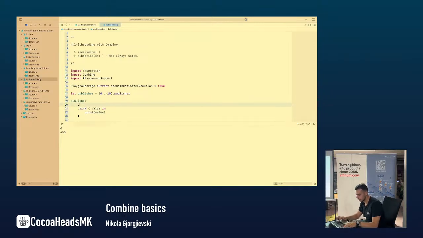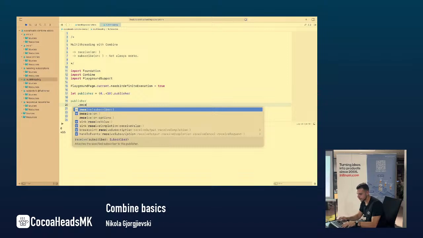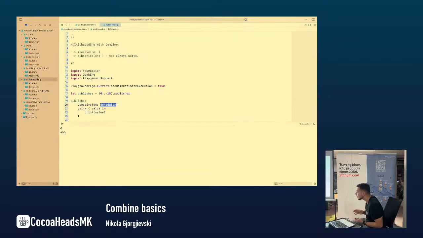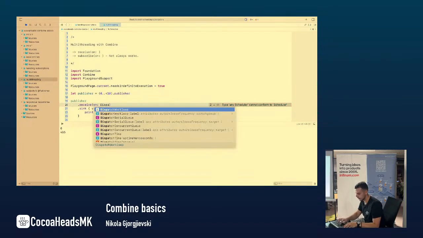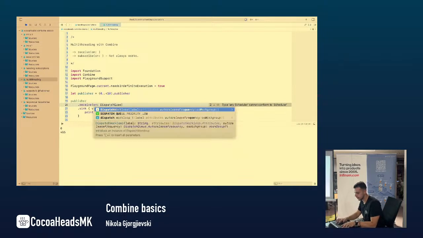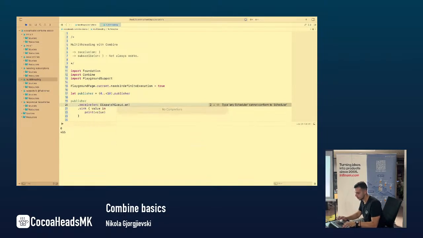Easily that can be done by using .receive(on:). So with this part here, you can actually control where you receive the values. This can be done by saying DispatchQueue.main,